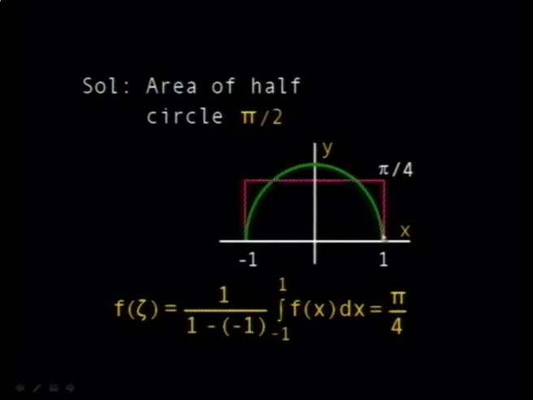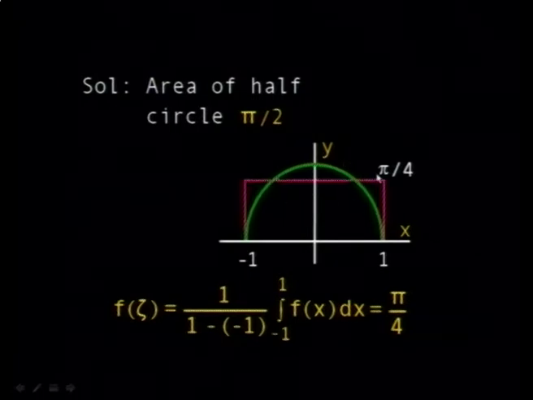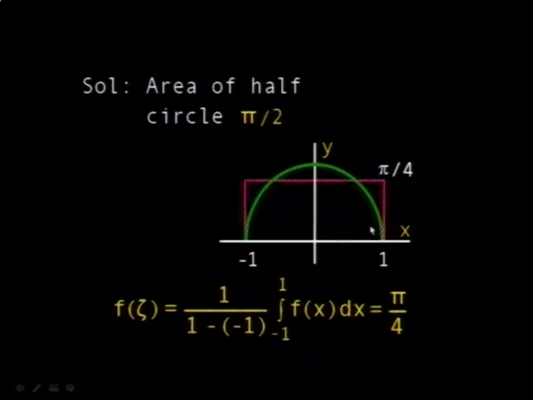Here it is. The equation of a half circle is y equals the square root of 1 minus x squared, and you wish to calculate the mean value. What you do is calculate the area and divide by the base. Here it is directly: the integral from minus 1 to 1, but this is equal to pi by 2, because